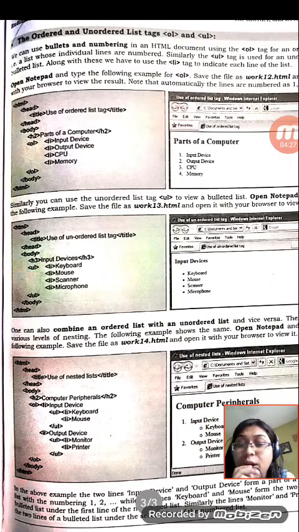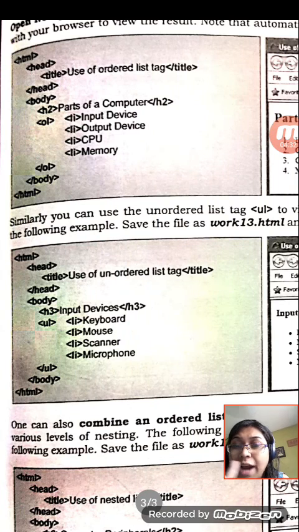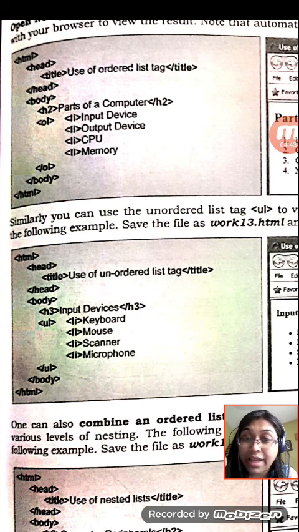So what is the format for writing an ordered list? Under body we write OL first, then li. What is li? Li is a list element. Whatever we want to put in our list, we write under li. Keep one thing in your mind, li is not a container tag, it's an empty tag, but OL and UL are container tags. So we start the OL, then put the li elements, write each element under li, then end the OL, then body and then html.